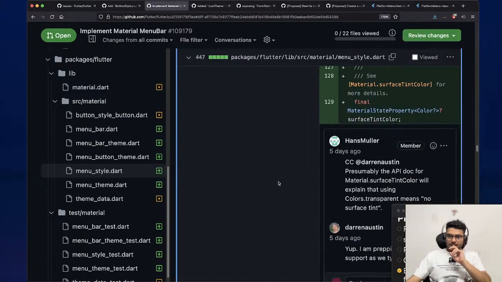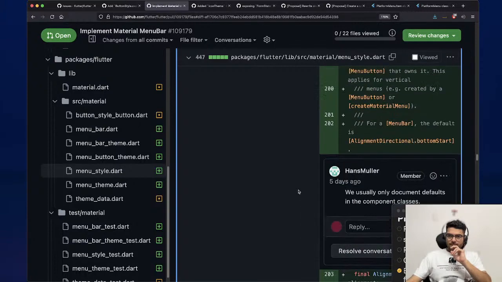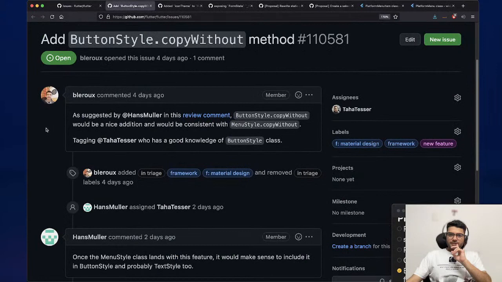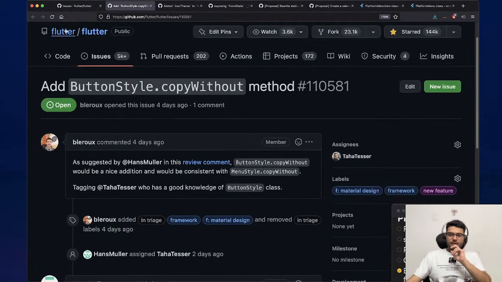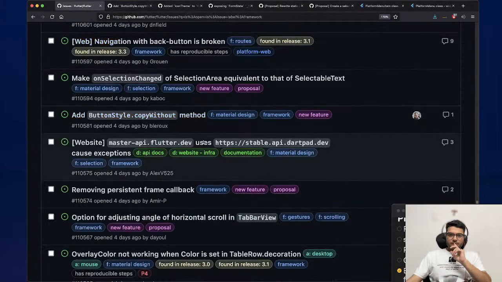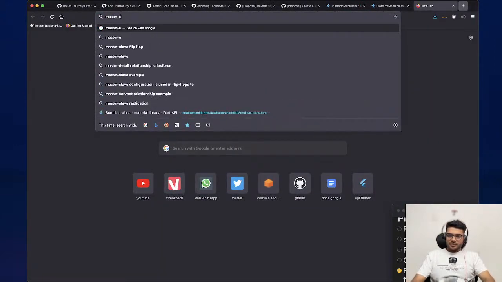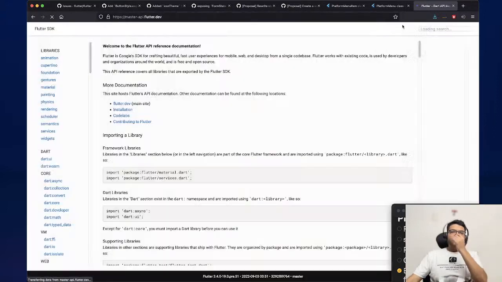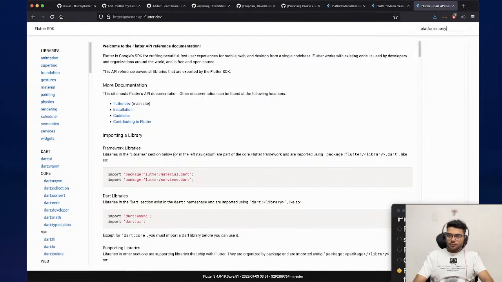Okay, and then there's also copy without in this menu style. Okay, this may be something that we can in textile at least if button style is done by. Okay, I'll keep this. Oh, right, it's master hyphen API. It's master hyphen API flutter dot dev. Oh, it's not master flutter, it's master. Yeah, okay. Then now if we check platform menu item,